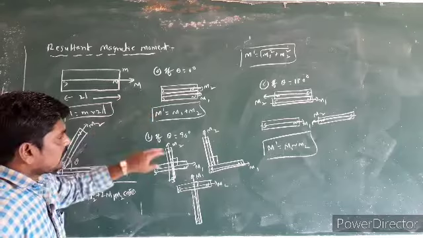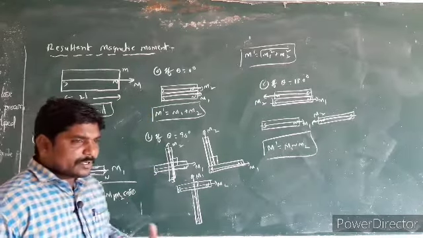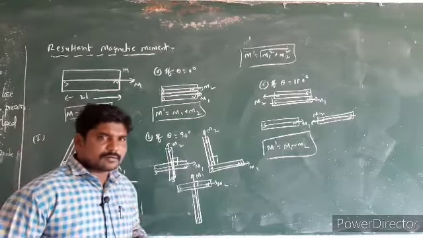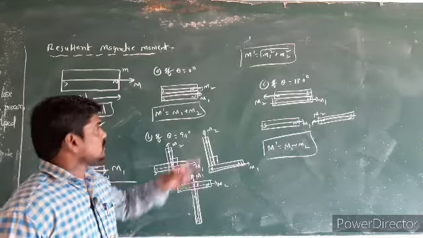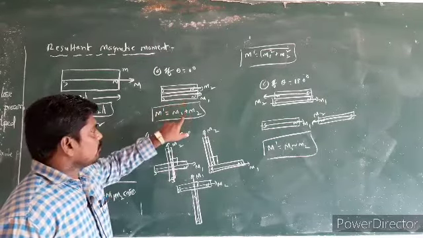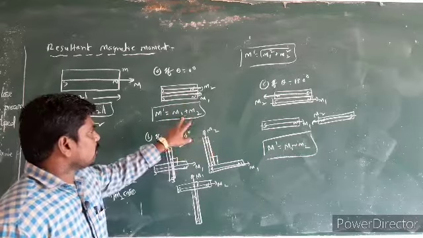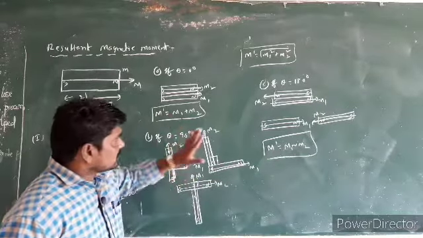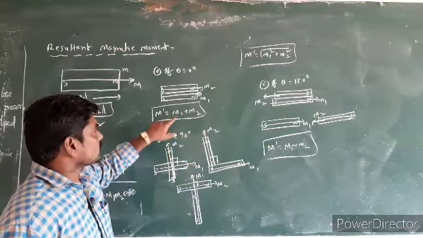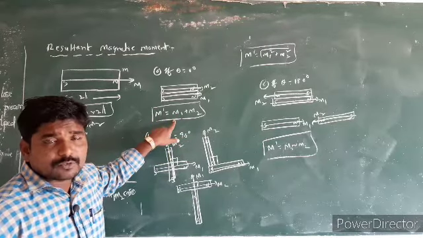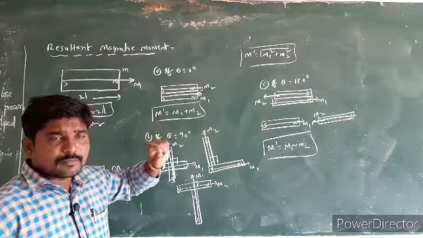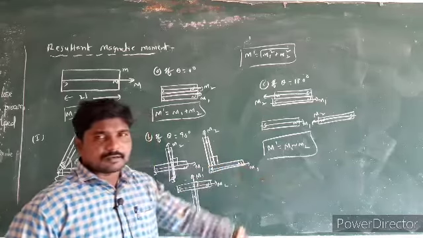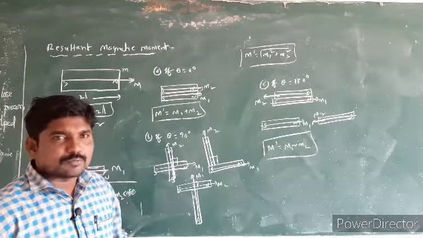Now in these three cases A, B, C, in which case can we get maximum moment, and for which combination of magnets can we get maximum magnetic moment? In this combination, M1 plus M2 is more than any other combination. In combination A, when the magnetic moments of the two magnets are parallel, then we can get maximum magnetic moment. When the magnetic moments of the two bar magnets are anti-parallel, then we can get minimum magnetic moment.